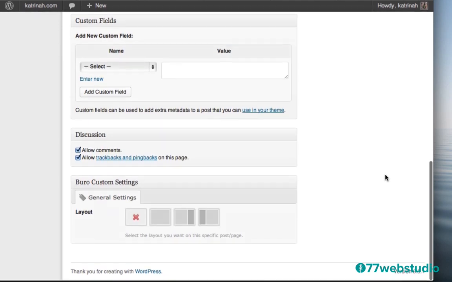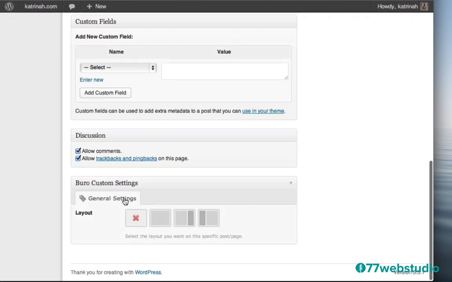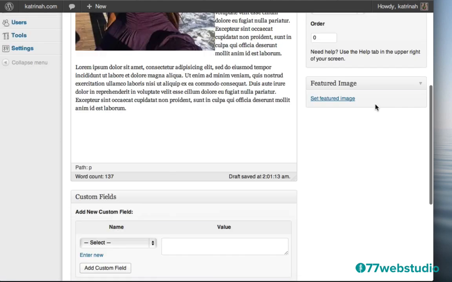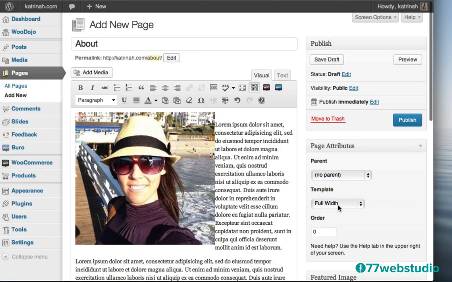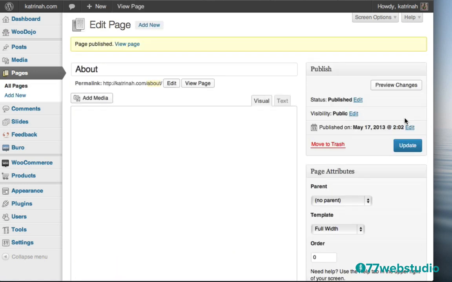So I'm going to leave it like that, and I'm going to scroll down. Then down below, once again, where it says General Settings, just to play it safe as a double check, I'm going to click on this layout here, which is the full width layout with no sidebars. I've already configured that with the full width, so I shouldn't really have to do it twice, but I always do things twice and 3 times just to make sure it's set the way I want it to be set. So okay, when you're ready, go ahead and click on Publish to publish this page.